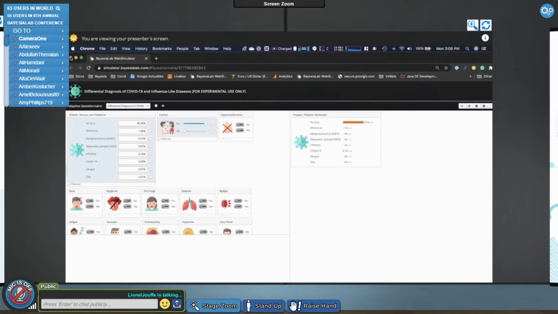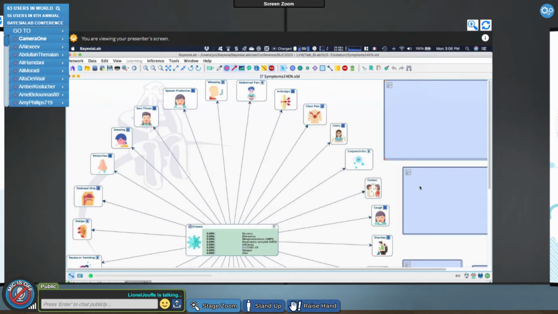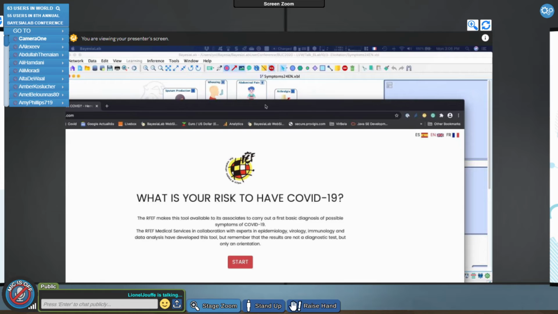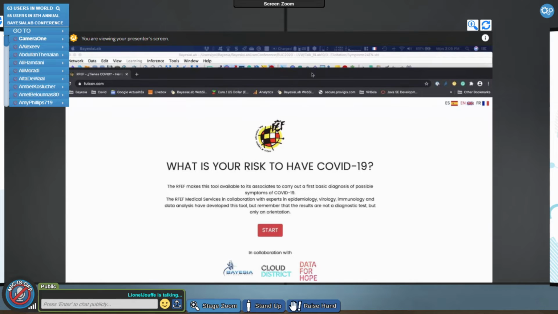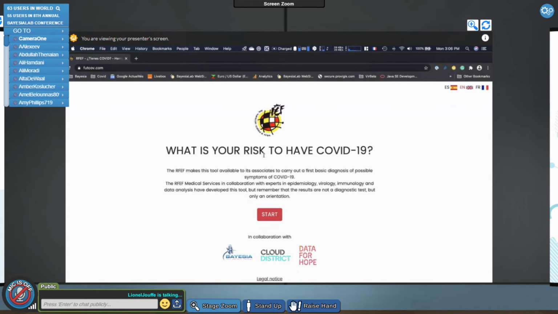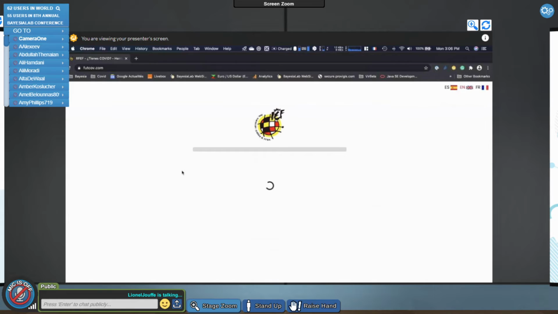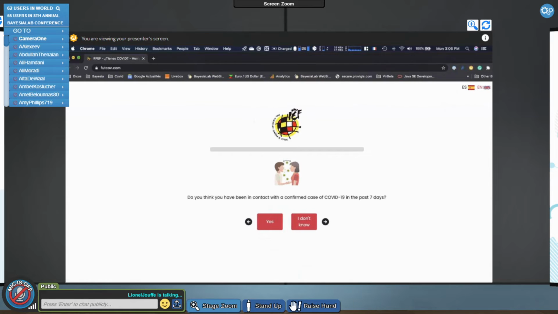Then if I click on the second image, this is something that we did with the Spanish Federation of Football. So they are using the exact same model for testing the players before the match, right? And then you start, and you have the exact same thing here.